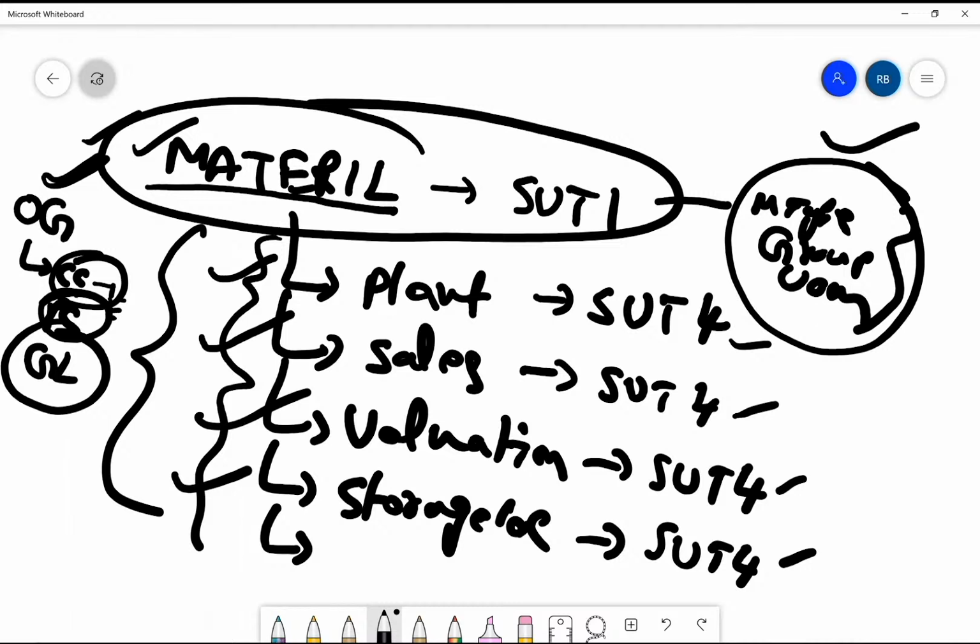So all your child entities we'll call as type 4 entities, and the parent entity we'll call a type 1 entity. Even in material master, if you are doing some extensions, you can either add some attributes at the plant level, sales level, valuation level, or even at the type 1 entity level, and enhance those entities with your custom attributes,